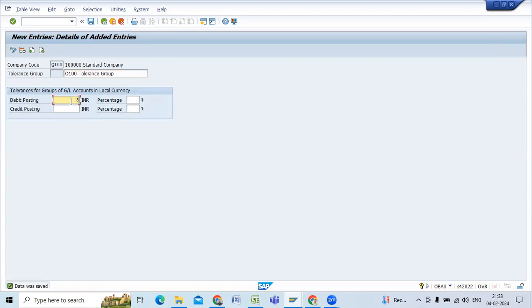If you give 10 rupees, the system will only allow you to post for 10 rupees. If you are not giving anything, the system will show you the difference and will not allow you anything. The credit posting is also the same here. Whatever amount you give, the system will show you the difference, and it will automatically be posted in that document. So in a real-time scenario, if the client is ready to use this